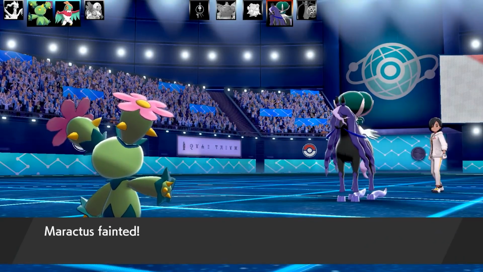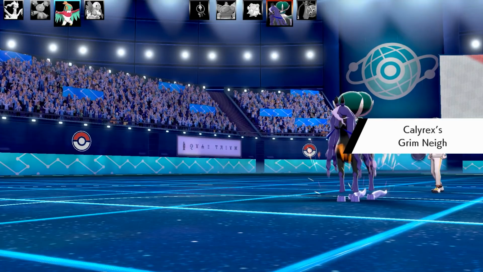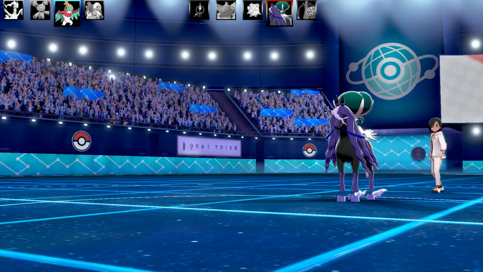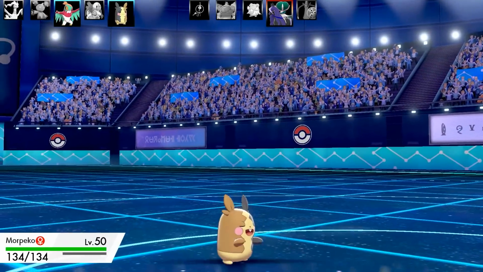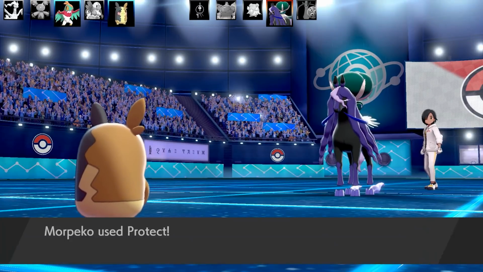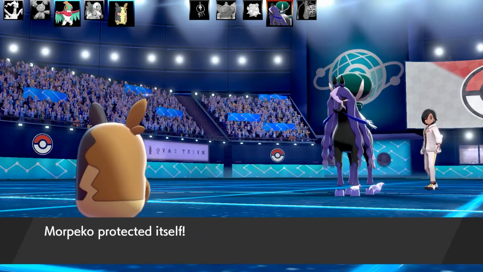So they're going to go for the Astral Scum Barrage, and my Maractus is going to be going down there. So all I've got left, right, is Hawlucha with a fighting move, which is going to do nothing, and I've got Morpeko. So like, okay, it's time for Morpeko here. I've got a Dynamax Morpeko. I've got no choice whatsoever. So first thing what I did right is I went for Protect, because you got to use Protection sometimes,